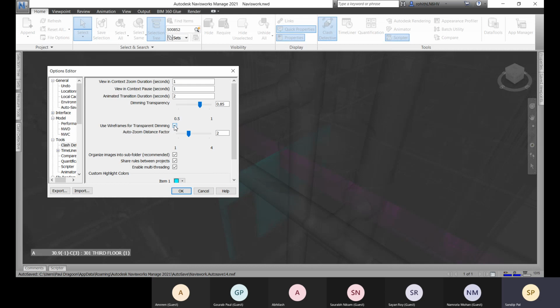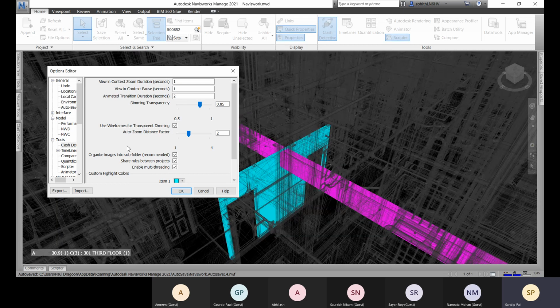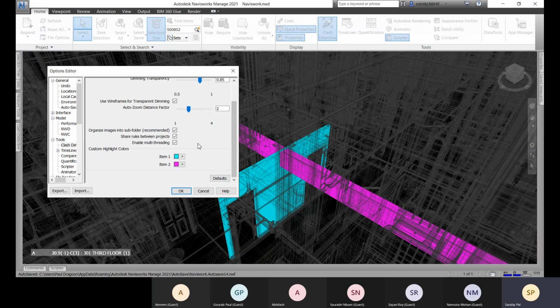So it is better to go for wireframe. And the auto zoom distance factor automatically zooms, so how much the distance factor will count; this is 1 and this is 4 for maximum, so you can choose.